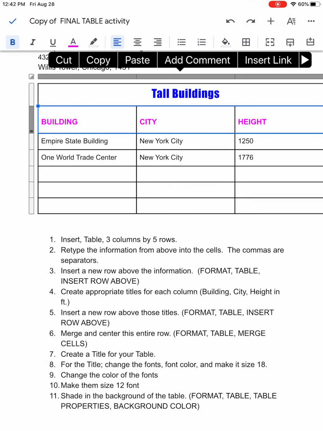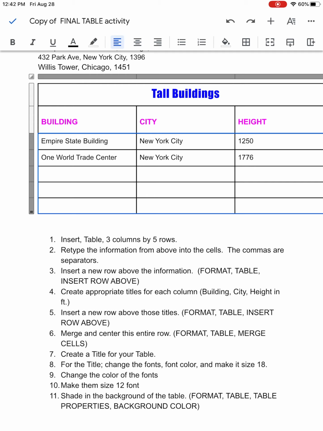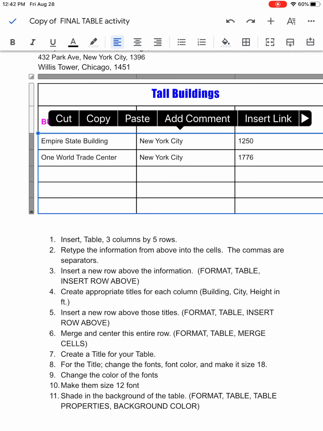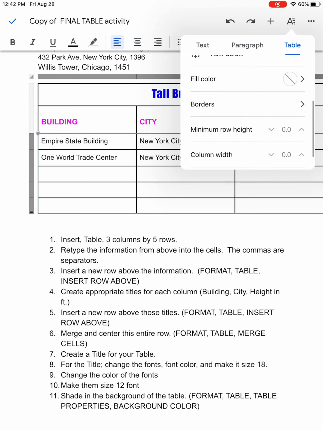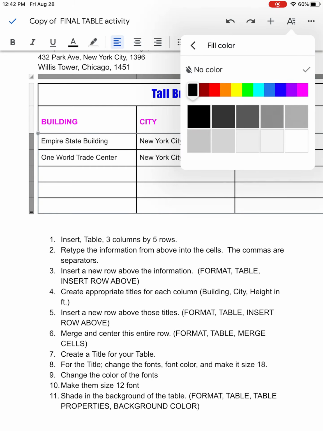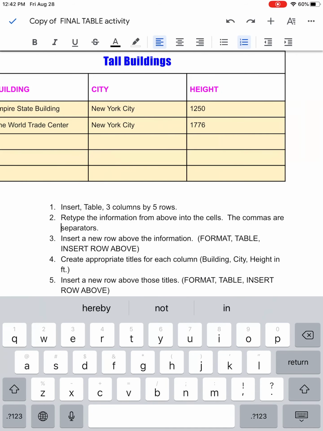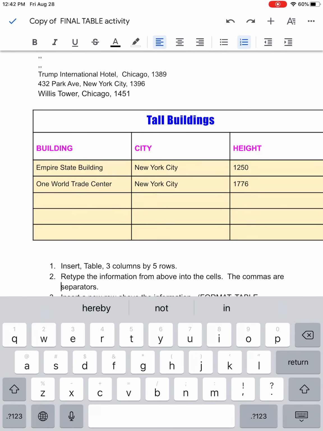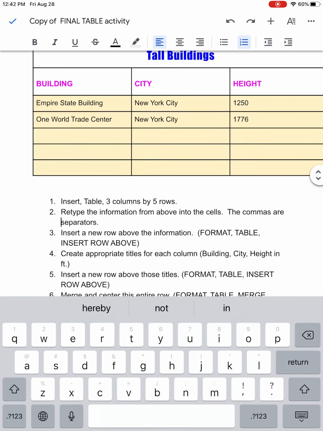Shade in the background of the table. So I'm going to just select just the boxes that have the data. I'm going to click on the A once again. Under table, I'm going to select fill color. And that's it. Now you can see this looks like a nice organized table. I have my titles, my column titles, and it looks rather nice. And this concludes